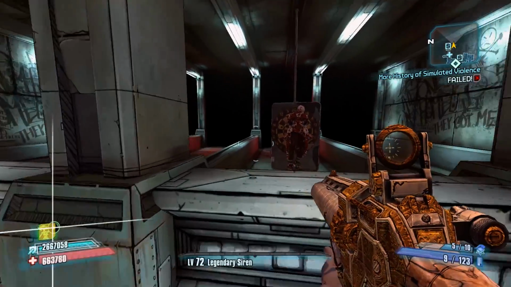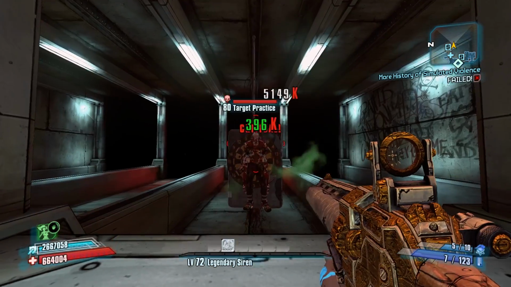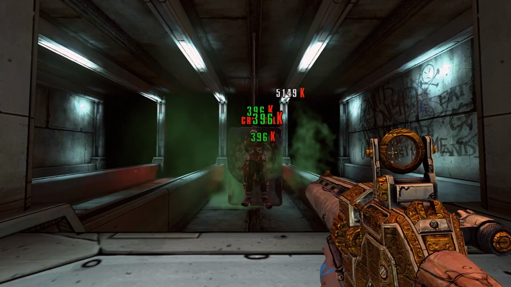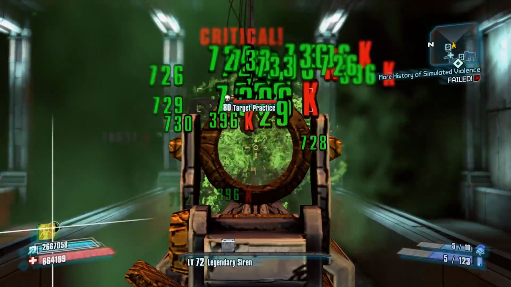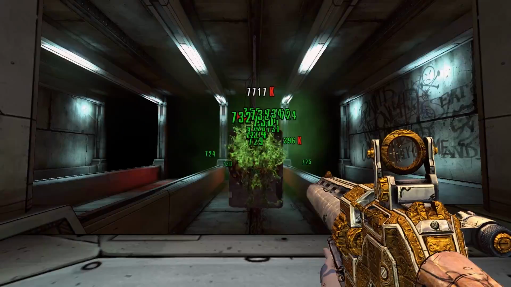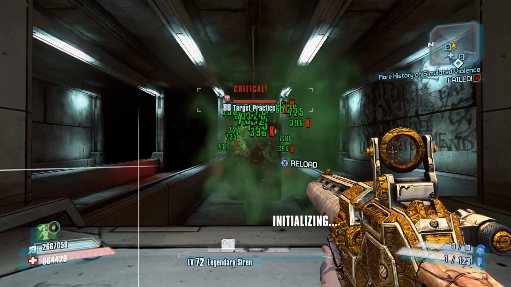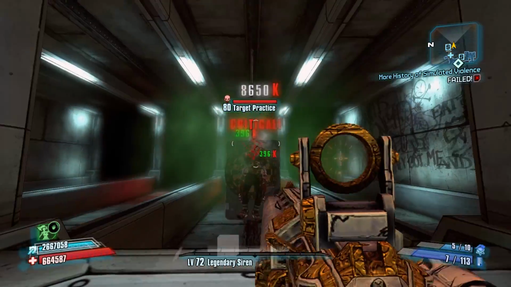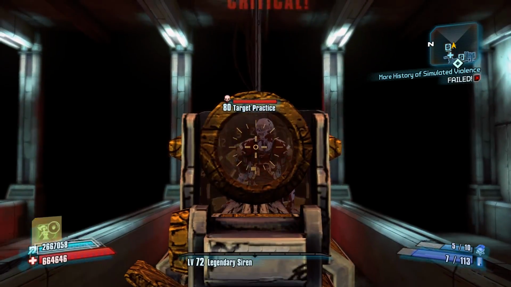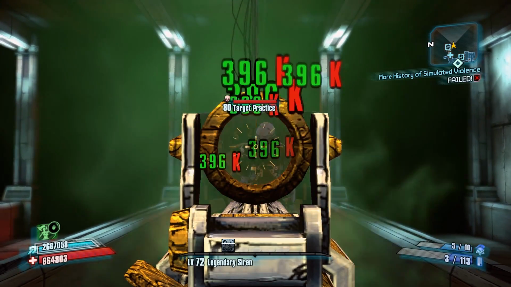So, I'm just going to take a few shots at him so you can see this. Try to ADS and get a bunch on crit. So that was 5 million. 10 million. 7 million. 11 million. So, 10 million. With shotguns and RMG and how pellets work, there is going to be a range. No, that was a double shot, so...